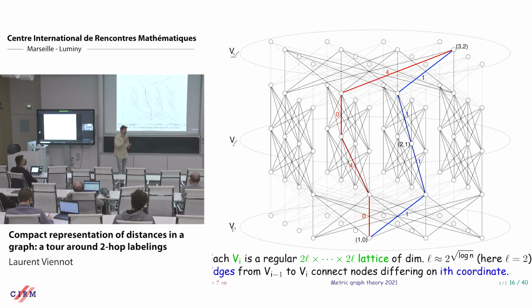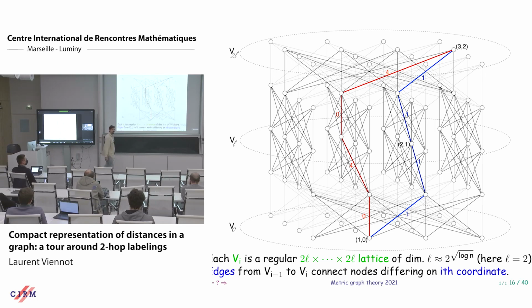And this hub will be useful only for covering this node, no other node. So this is the proof that the number of nodes you need is basically the size of this lower layer times the size of the upper layer. And there is this 2 to the square root of log n because the size of these layers is basically 2 to the square root of log n. Here we choose L such that L to the L is approximately n. Okay, so 2 to the L to the L, that is 2 to the 2L, equals n, so L equals square root of log n.